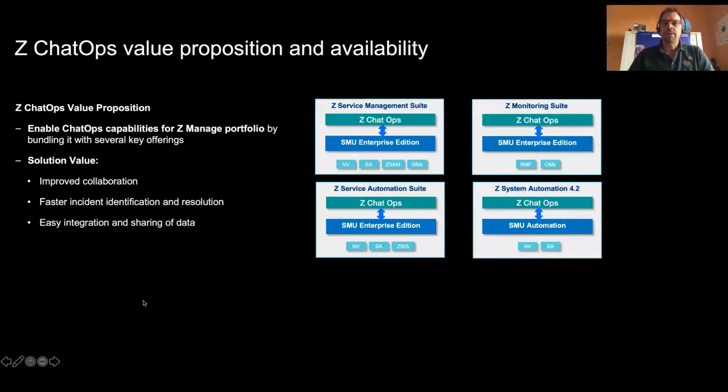Okay, and so where is ChatOps included? As I mentioned before, it has been added to the suites that are listed here: the C Service Management Suite, the C Monitoring Suite, and the C Service Automation Suite. They all include SMU Enterprise Edition, and now the C ChatOps component has been added to those 3